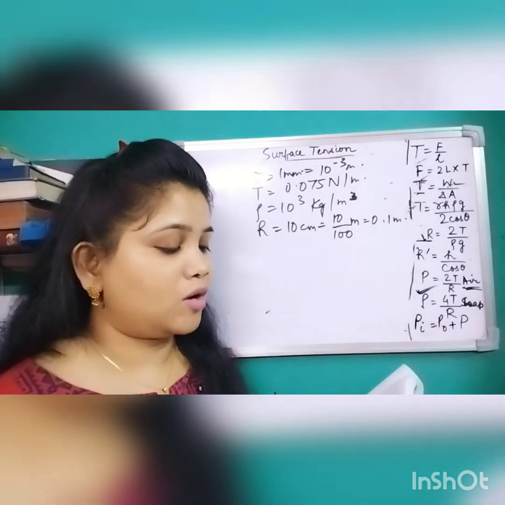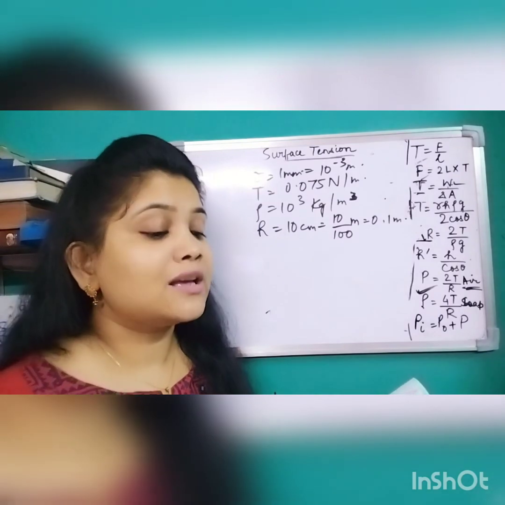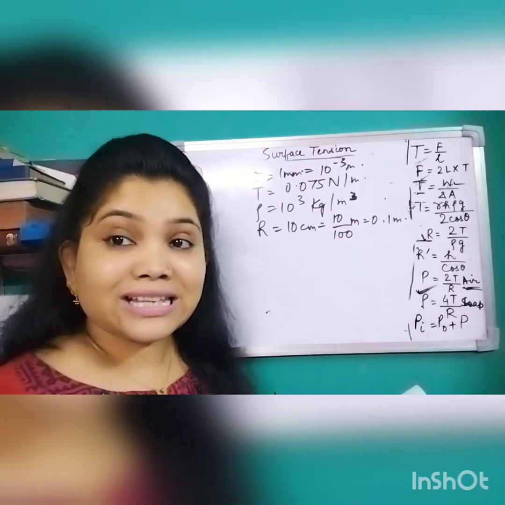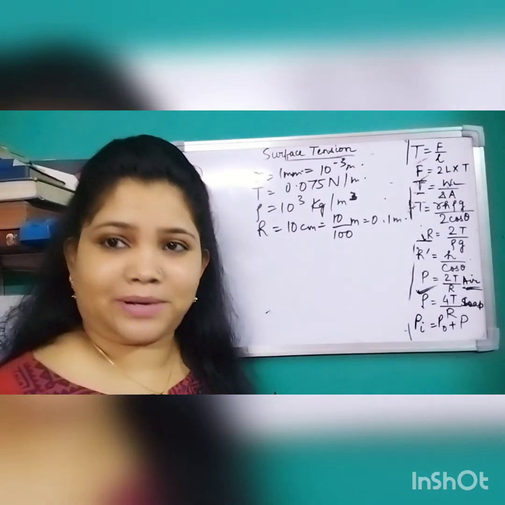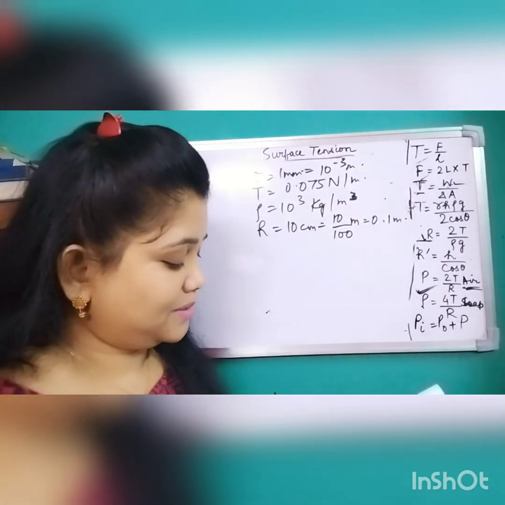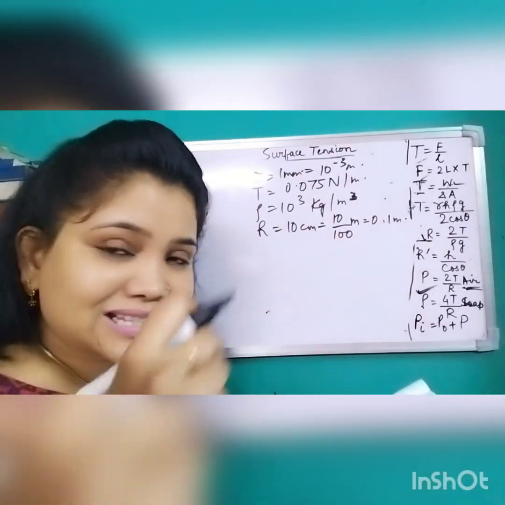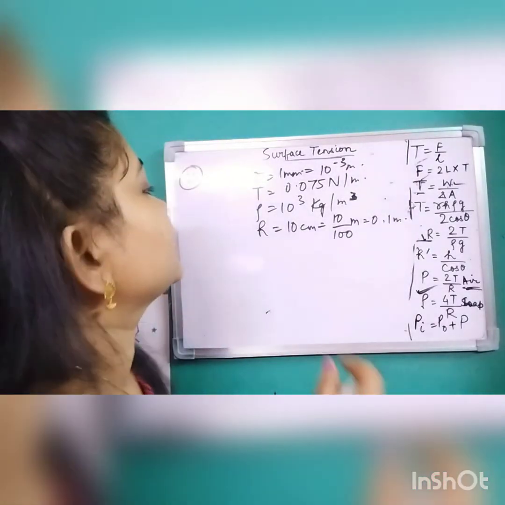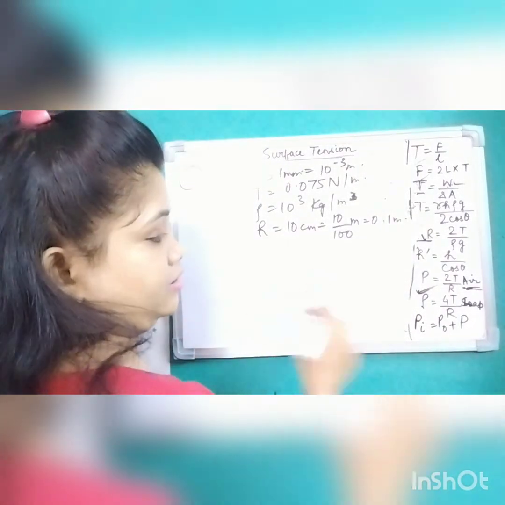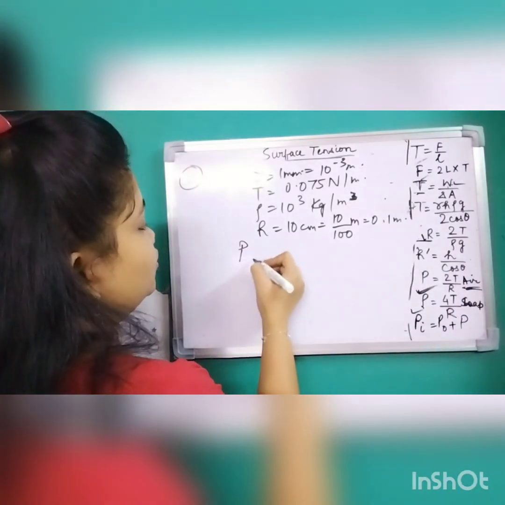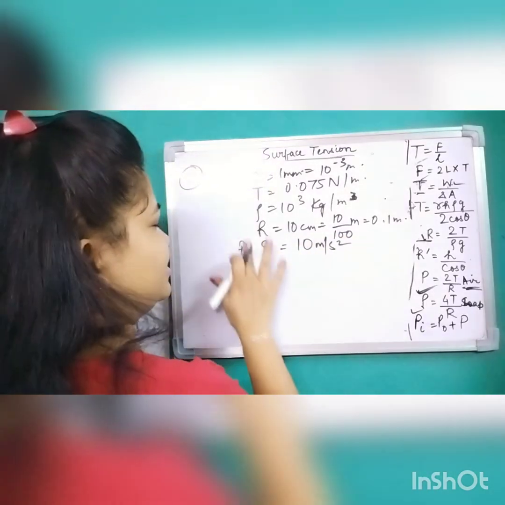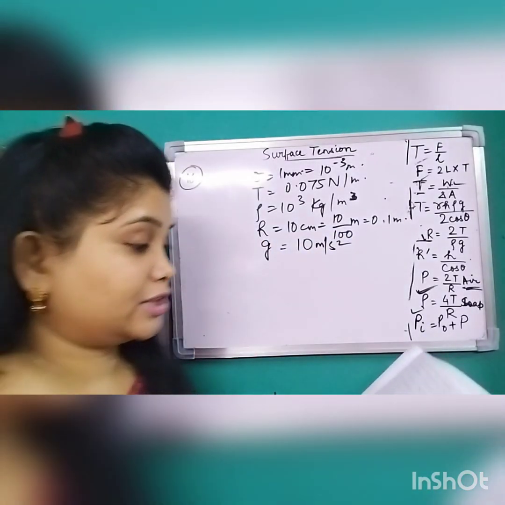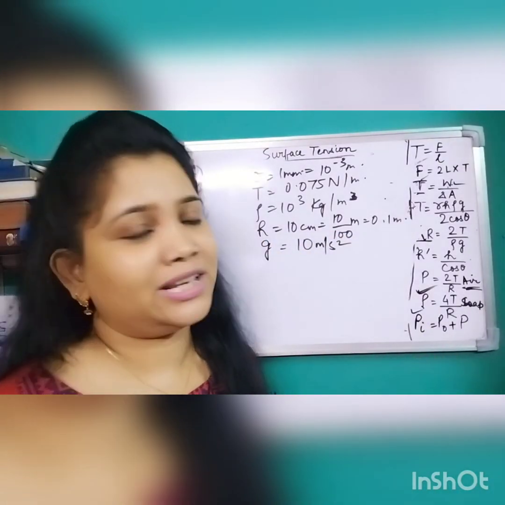By what amount below the free surface is the pressure inside the bubble greater than the atmospheric pressure? That means they have asked you the pressure inside the bubble, Pi. And g you can take as 10 meter per second square or 9.8, that's up to you. So, what bubble is it? Air bubble. Air bubble means